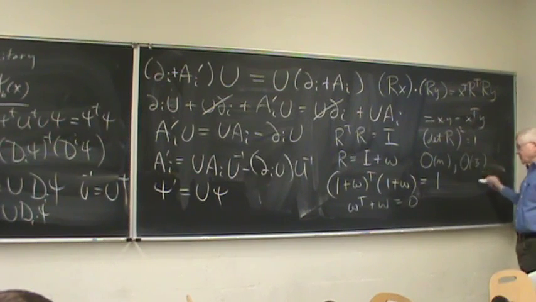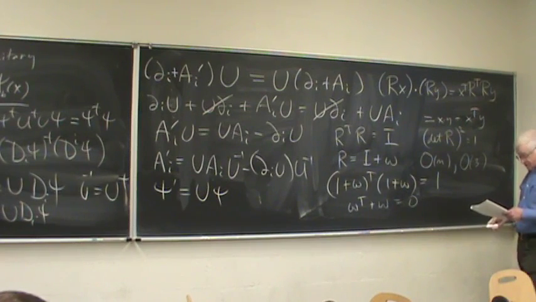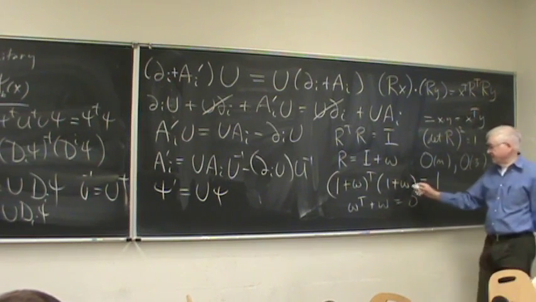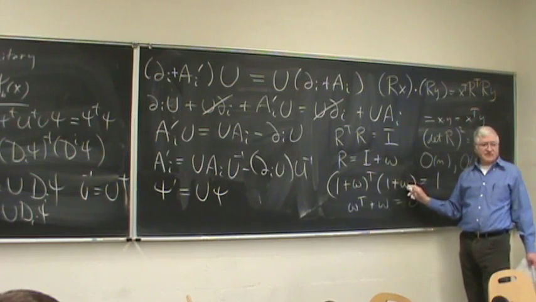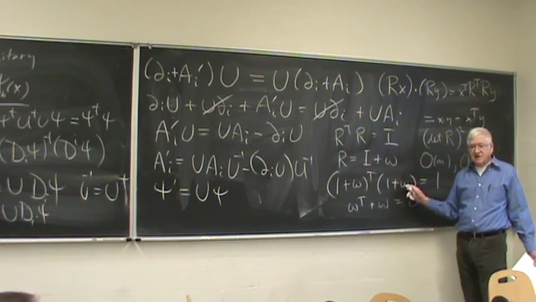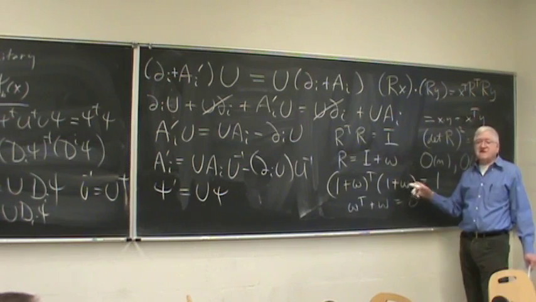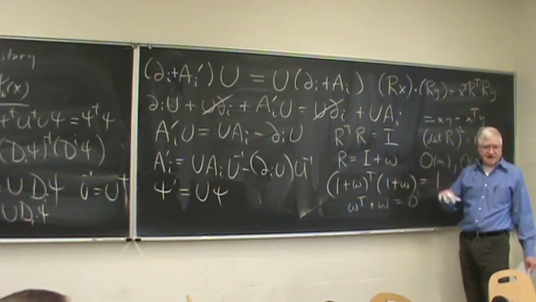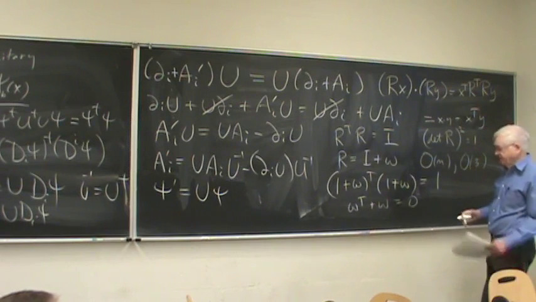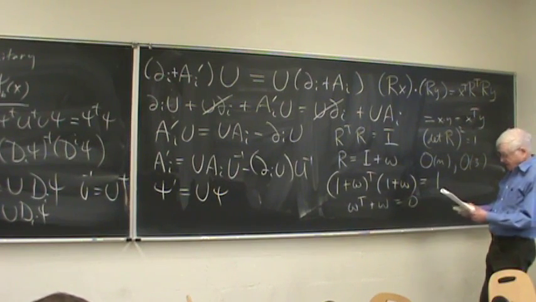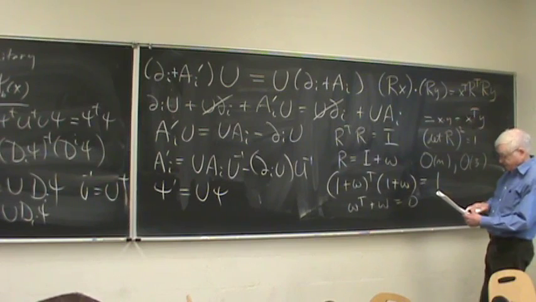That's the ordinary rotation group. And now these omegas then are a linear combination of the 3 generators, or let us put it this way, there are 3 just linearly independent 3 by 3 matrices that are real and antisymmetric. And so there are 3 generators, and I wrote them down there,